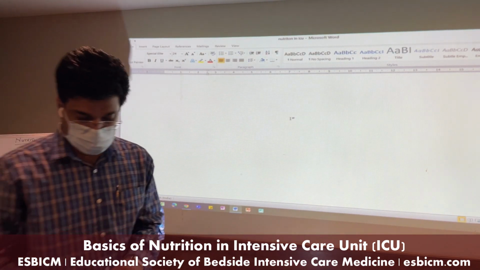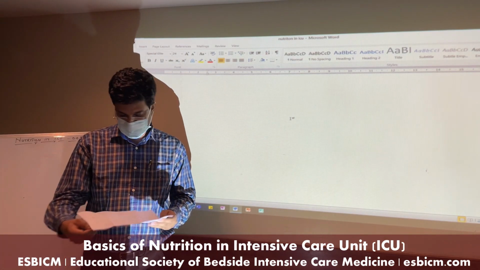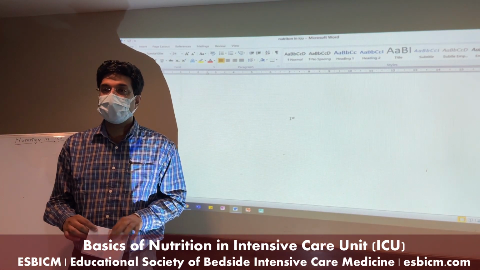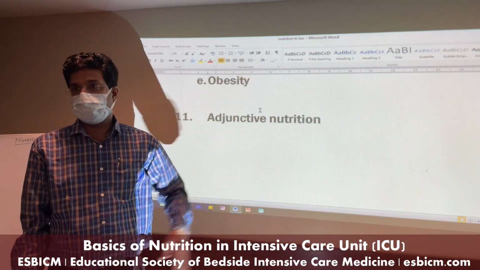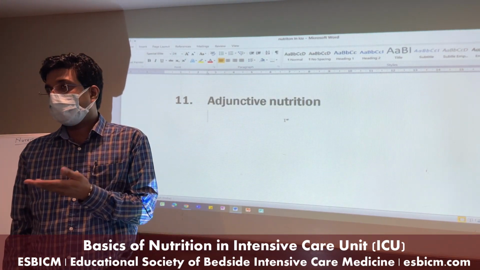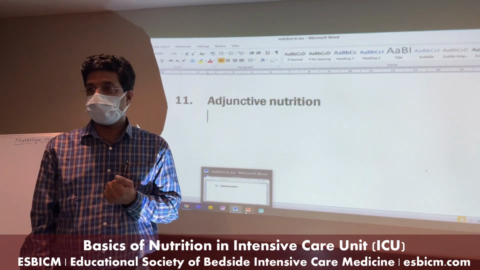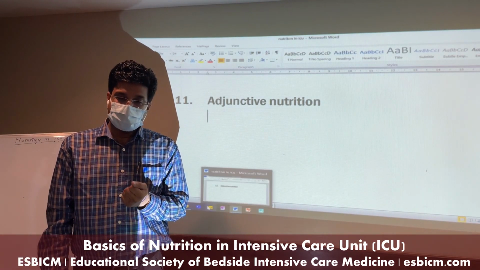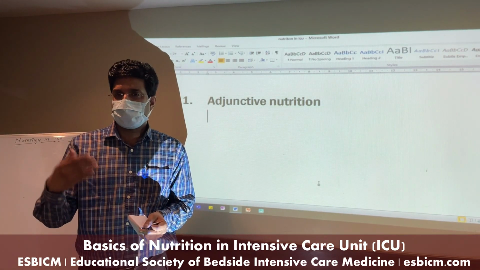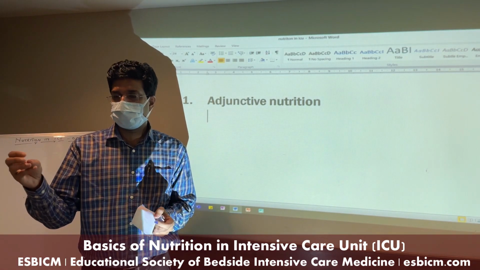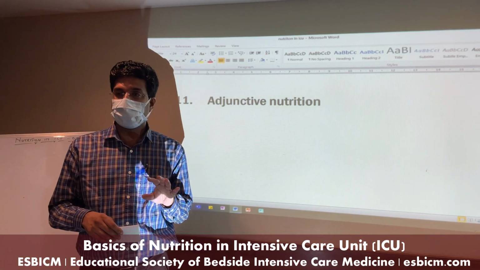One more very interesting point which our dietitian told us is regarding egg. Suppose this was the supplemental feed. Suppose you are giving kitchen feed to the patient. If it is a vegetarian patient, then you have a blend of soya oil, soya beans, and then dal and other things. But if it is non-vegetarian, you can give egg.